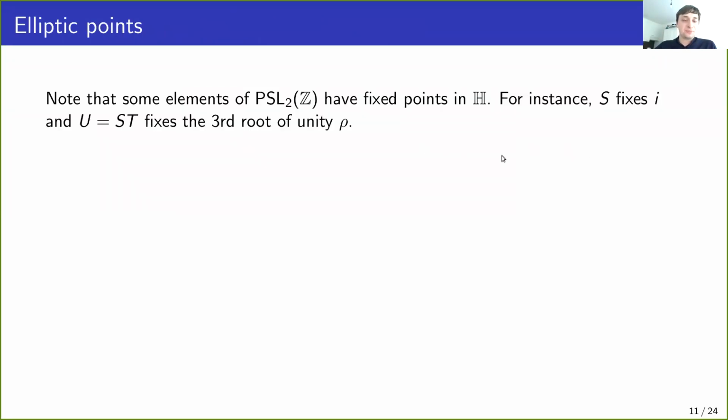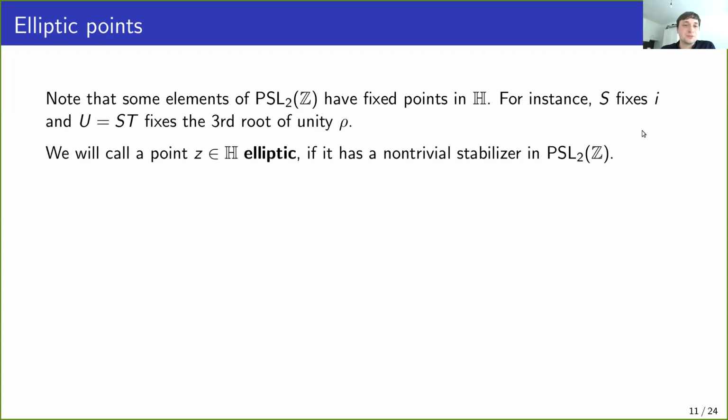So as I've said before, there are these special points i and rho, and the reason why they're special is actually they have a non-trivial stabilizer in the group. So the element S, the inversion, you can easily see that it fixes the square root of -1. And this product U, so you first apply the translation by 1 and then you invert, it fixes the third root of unity rho. And in fact, one can prove, and this is not very hard,